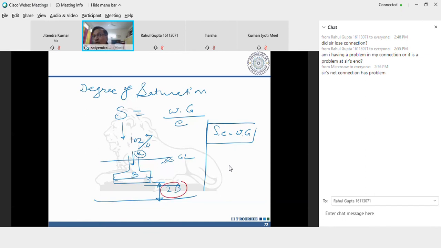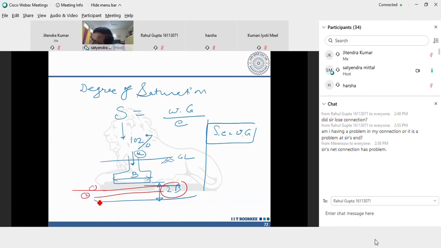But how much settlement has taken place? As your friend has asked the question. What is your name? Sir, Rahul Gupta. As Rahul Gupta has asked a very good question, I am telling you the practical importance of this S value. So what we do, this 2B zone is divided into, let us say, 2-3 zones, maybe 4. This is zone number 1, zone number 2 and 3, up to 2B only.